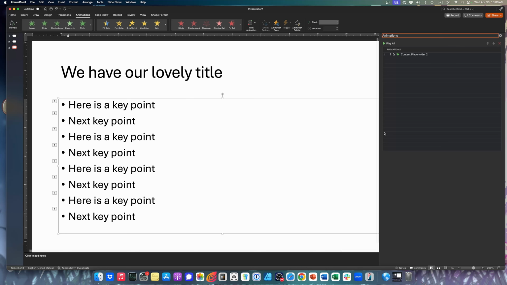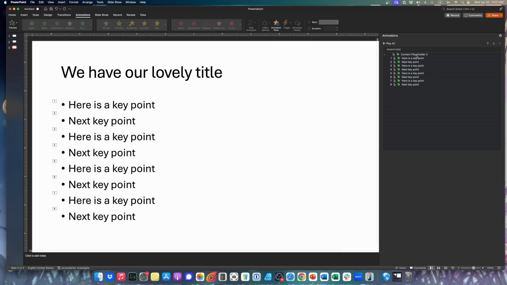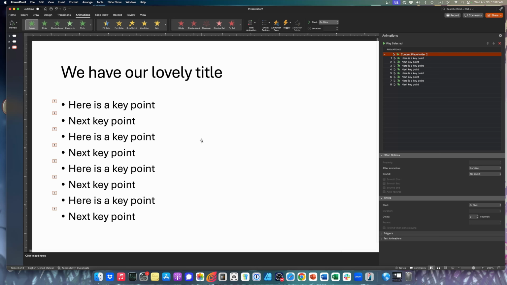lot of overlap here. But yeah, so this is the animation pane, and you can see all of your animations in here, and you can get in here and fine tune things. So I'm going to, there's a little drop down here, but if I expand it, I can see all of the individual animations. And if I click on this top one here, because it is all grouped within this one content placeholder, you can come in here into effect options, timing, and fix something if it didn't work, or